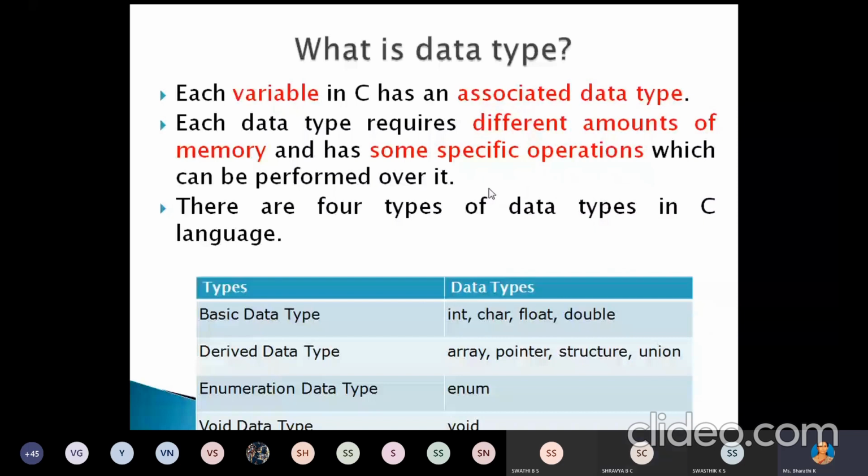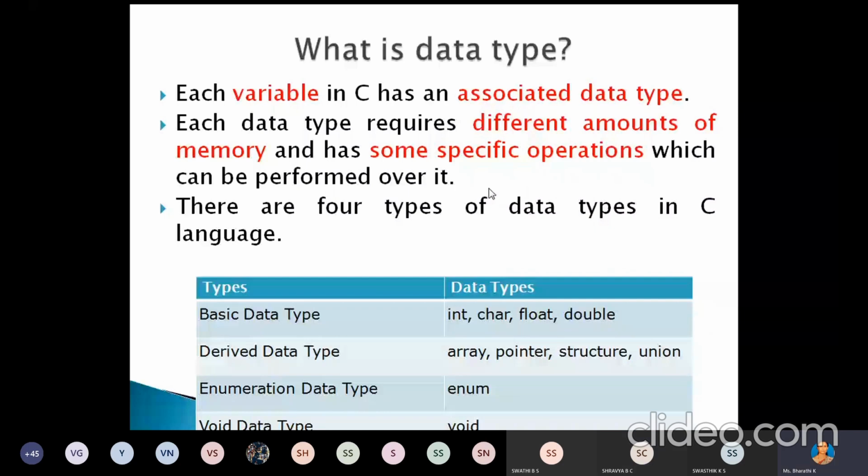On that data we can perform some operations. For integer data, we can perform addition, multiplication, subtraction, and division operations. If you have string data, we cannot perform subtraction or addition. So based on the data type, we can perform some operations on that particular data.